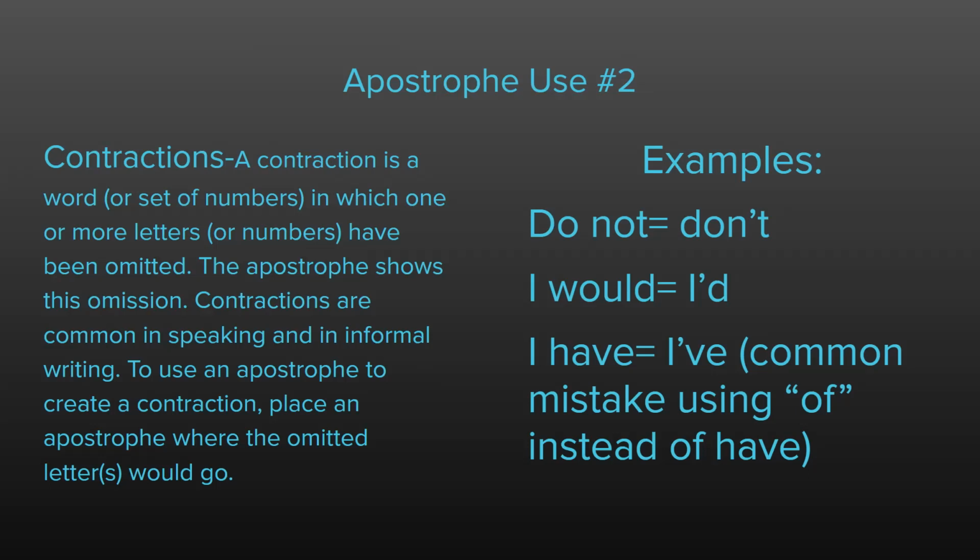And if you're trying to say I would, it would be I'd. I have would be I've. A common mistake when people are writing and they're not using contractions is using of instead of have. You never want to make that mistake. I too used to make that mistake, until I learned that when you're saying